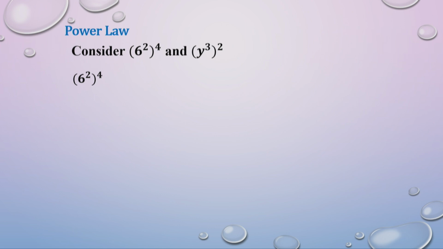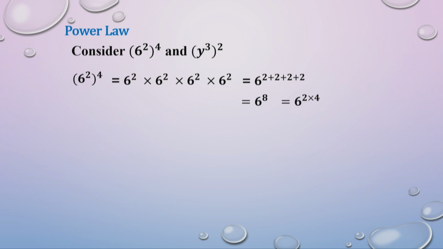It means 6 squared times 6 squared times 6 squared times 6 squared. Applying the multiplication law of indices, what do you get? Yes, 6 to the power of 2 plus 2 plus 2 plus 2, which gives 6 to the power of 8,